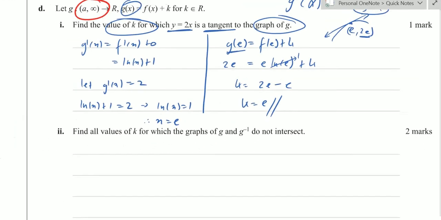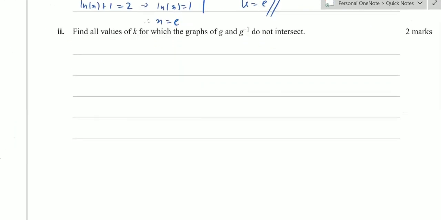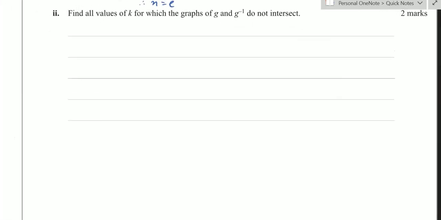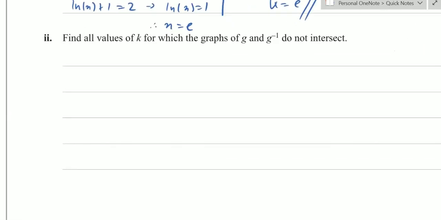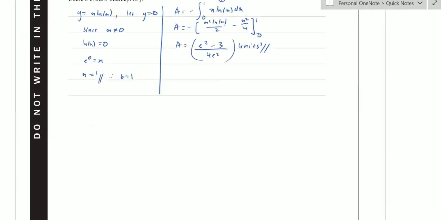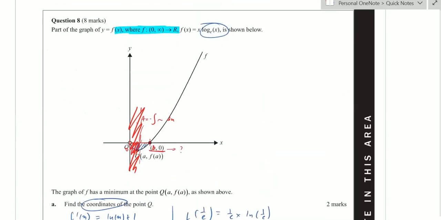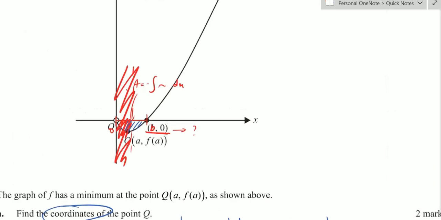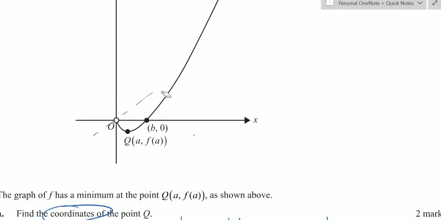That's pretty much it. So the last question is the one you have to be wary of, I guess. It's asking for values of k for which the graph of g and g inverse do not intersect. So g is just a vertical translation of this graph. So it's asking how far you need to move it up before it no longer intersects its inverse. So its inverse probably looks something like this, but